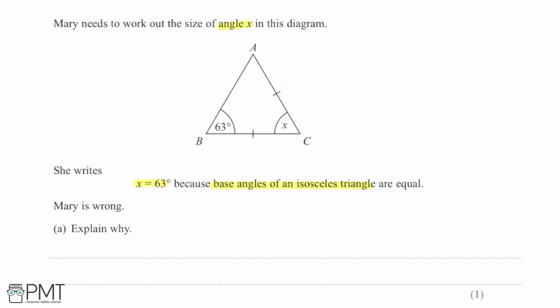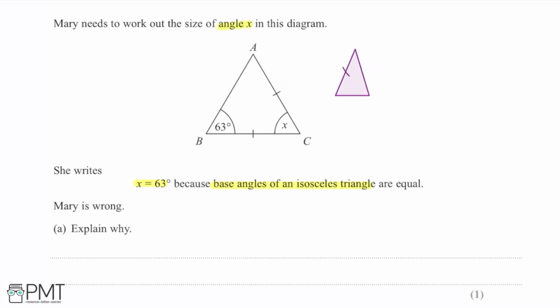Now if we look at this triangle, these little lines here show that these sides, AC and BC, are equal in length. So this is going to be an isosceles triangle because we have these two sides which are equal in length. And for an isosceles triangle, the reasoning here is correct. The base angles of an isosceles triangle are going to be equal. However here, angle X is not going to be equal to 63 because if we were to have a triangle like so,